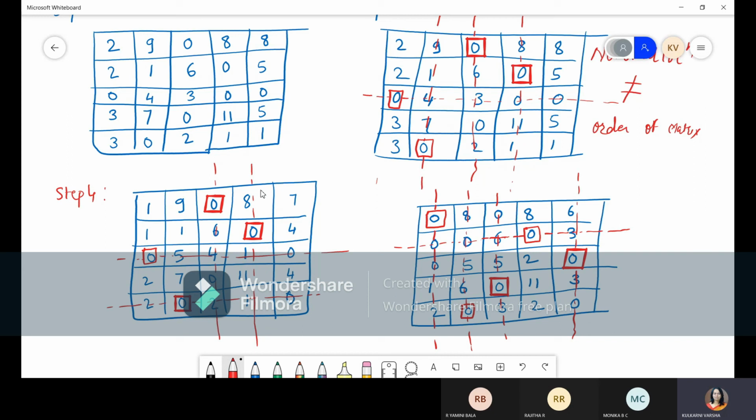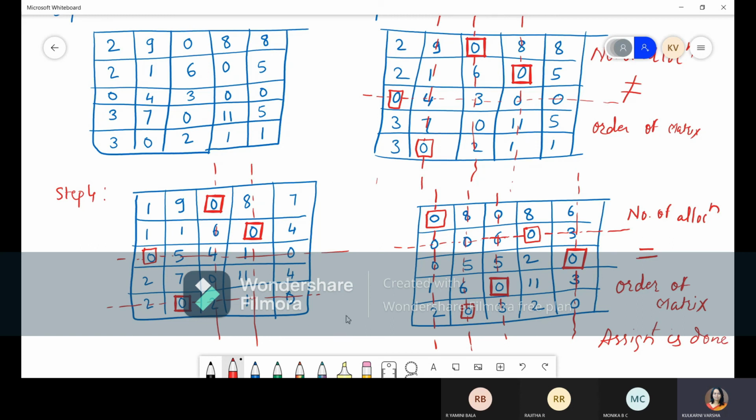So the number of allocations is 5, and the order of the matrix is also 5, because it's a 5 by 5 matrix. As the number of allocations is equal to the order of the matrix, the assignment problem is solved. You can write assignment is done or allocations are done.